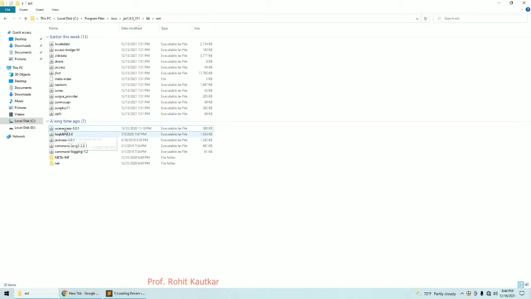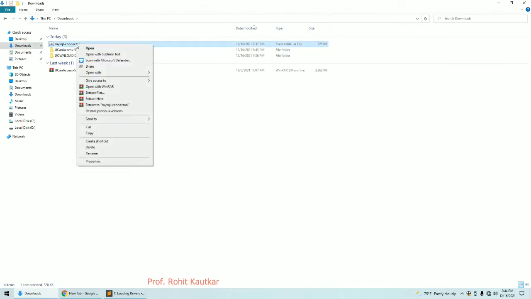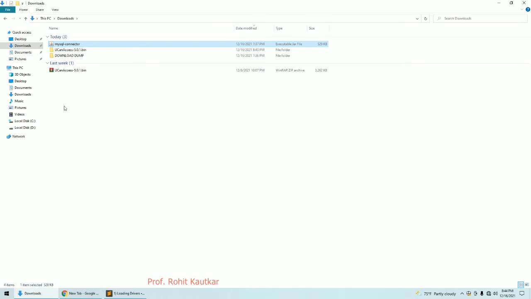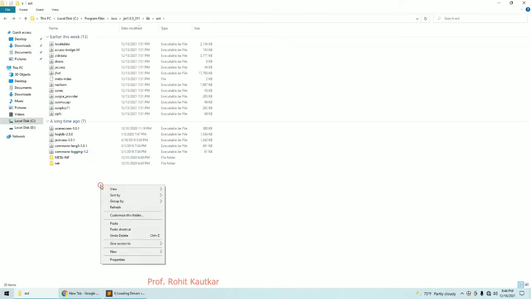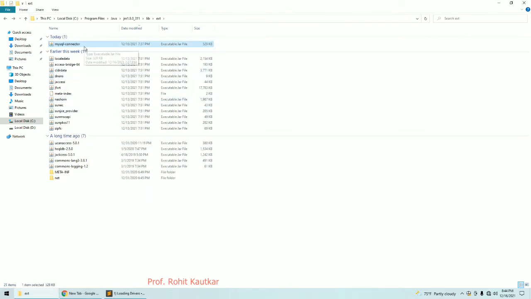Okay, so for example, your file is MySQL connector. This is driver for connecting Java program to MySQL. So copy this file and place this file in the same location like this. Okay, whichever driver you may have, you can place all that driver at this location.